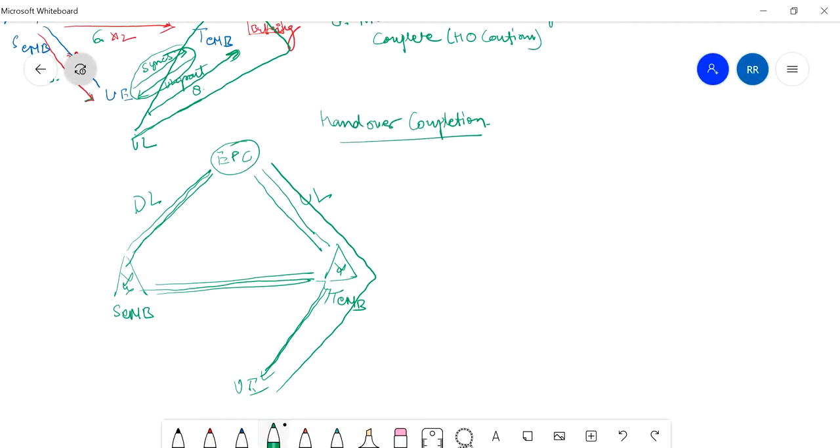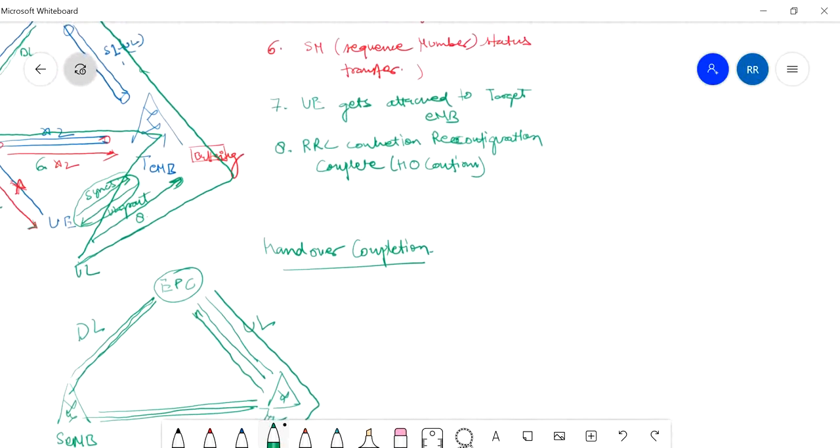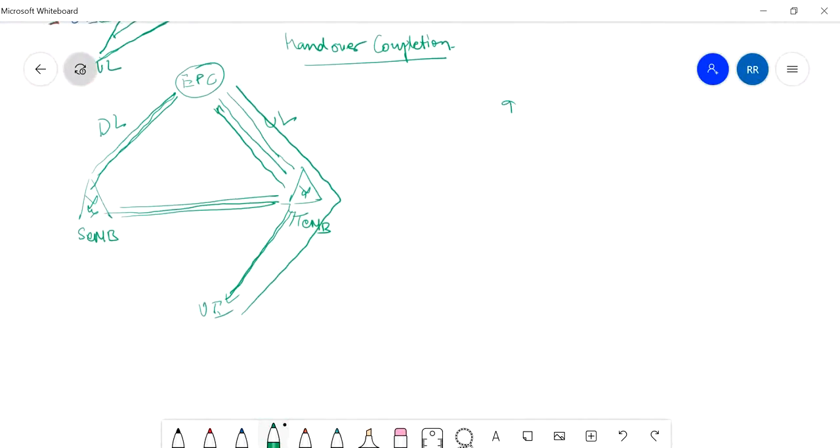Now, what will happen? After this, a path switch request goes from target eNode B to EPC. This is the 9th step, we can say.